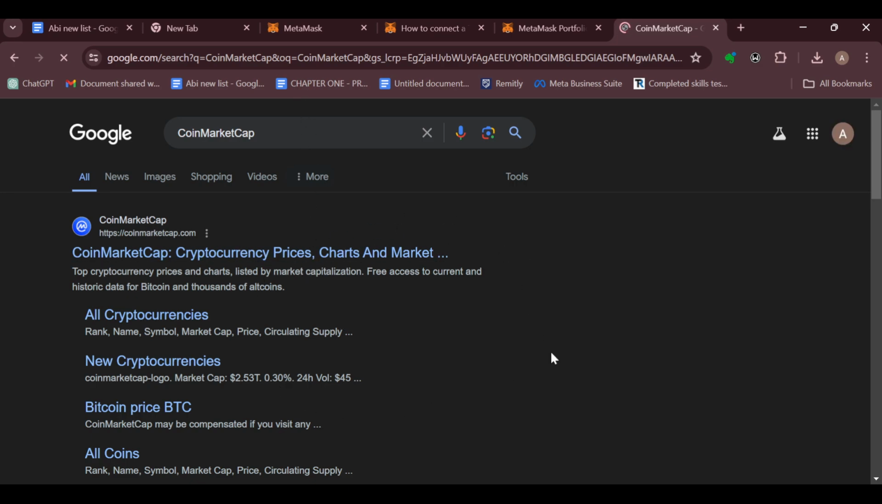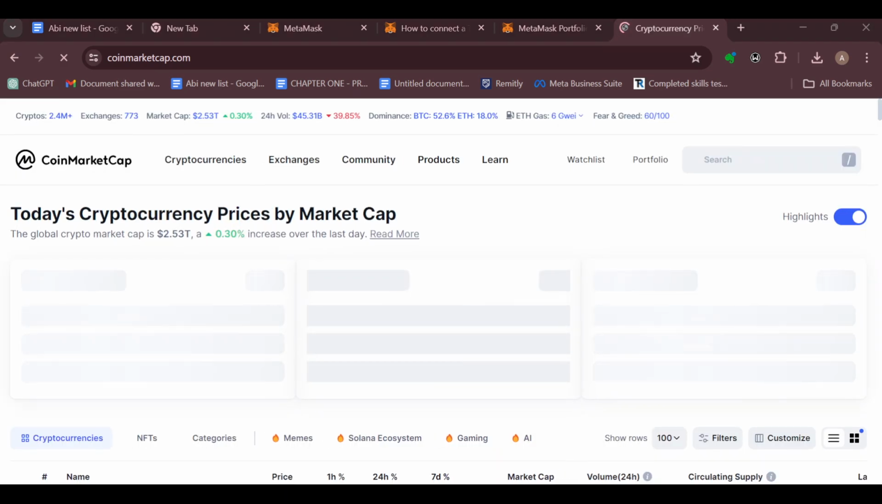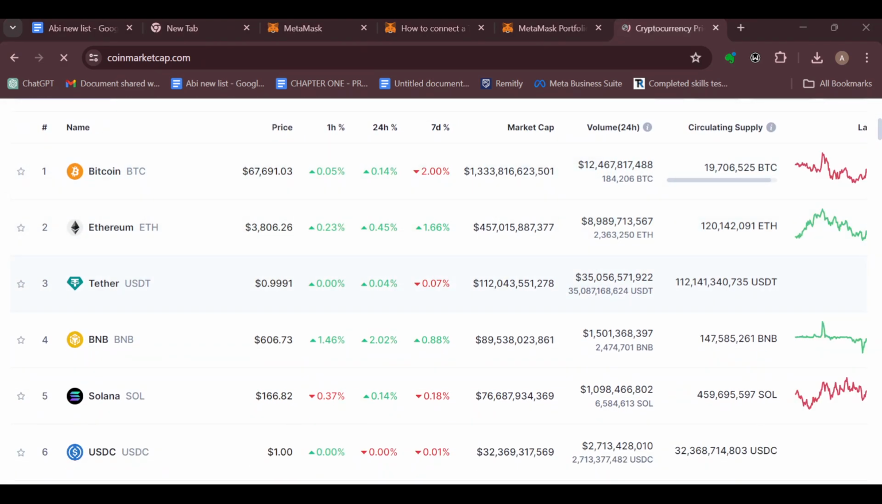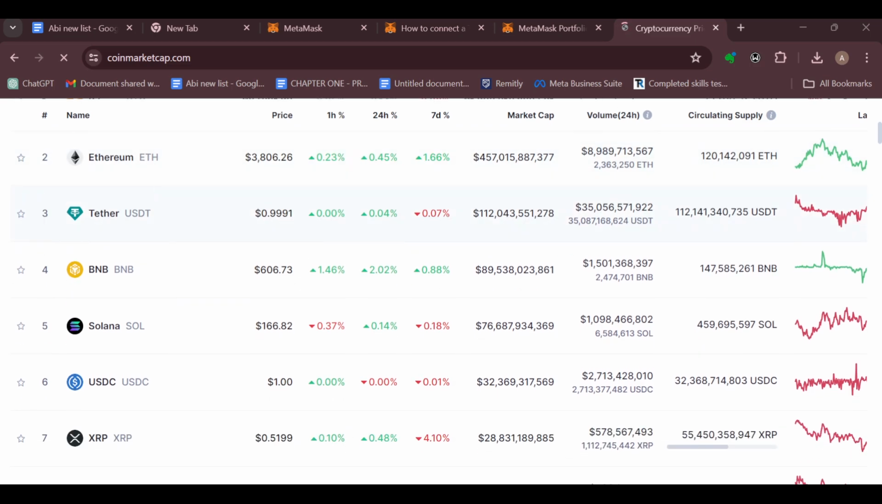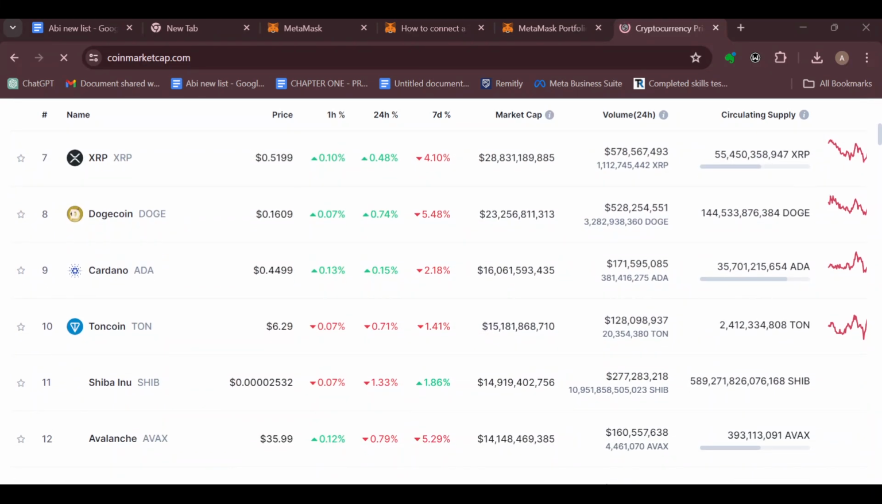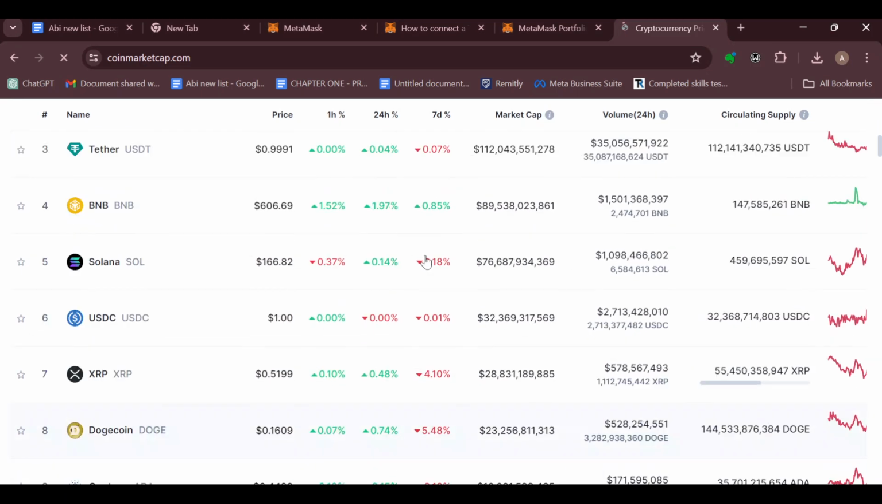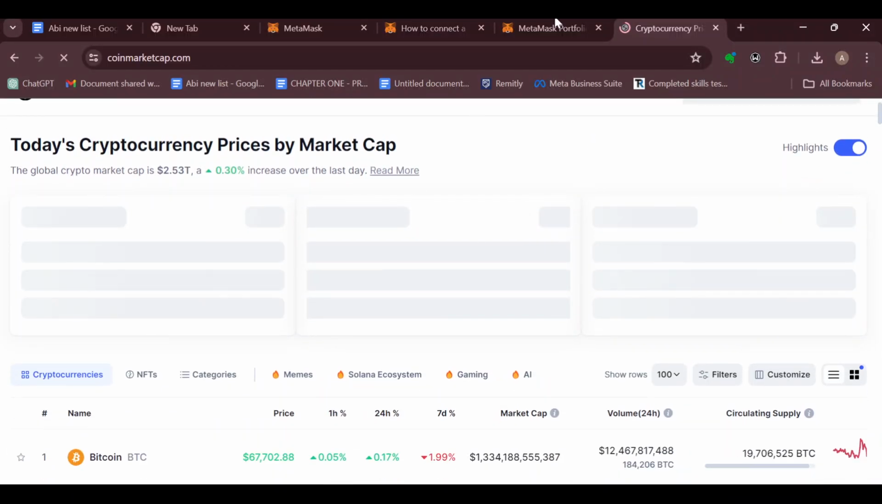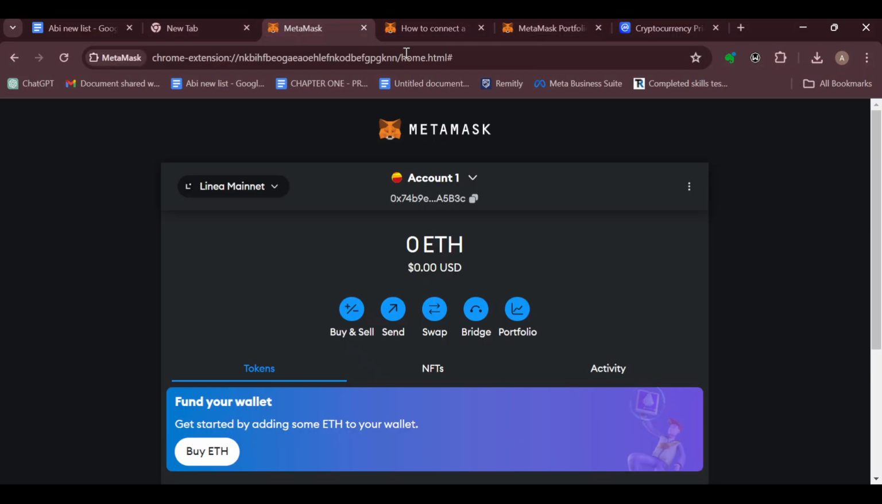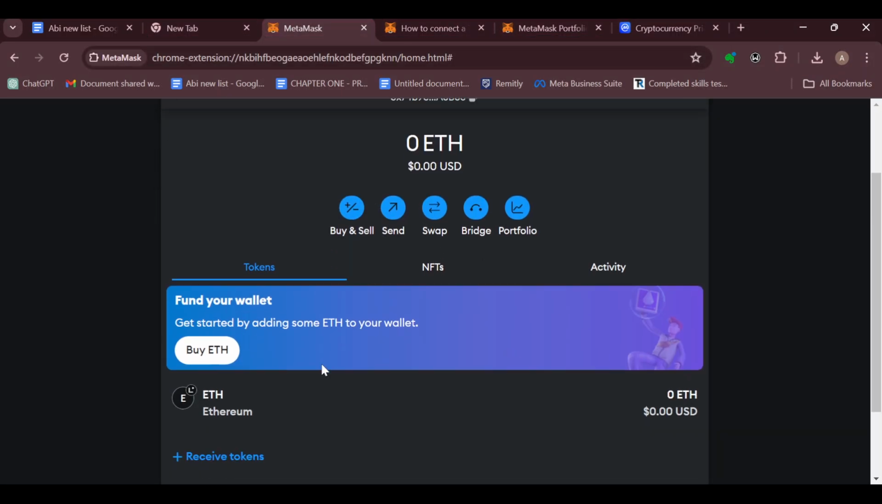And then on the CoinMarketCap page, you'll be able to copy the USDT contract address. All right, you can see the different coins available here. So you can just navigate through to USDT and then copy the address. So once you have the address copied, go back to your MetaMask, and then on the MetaMask page, scroll down